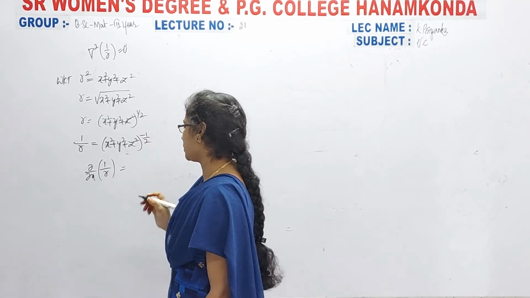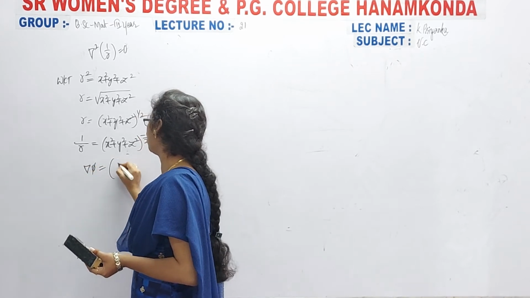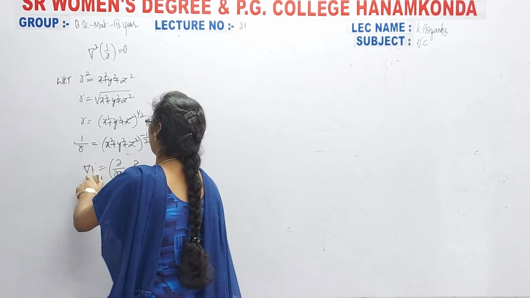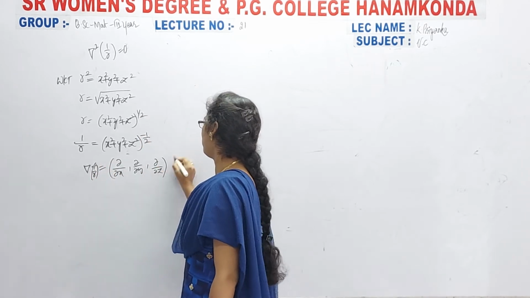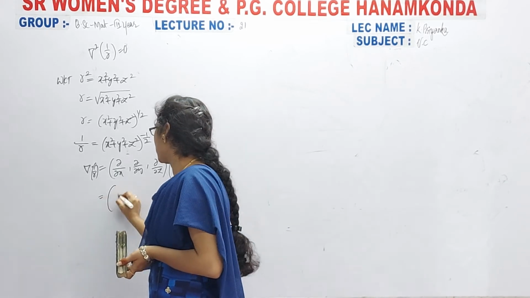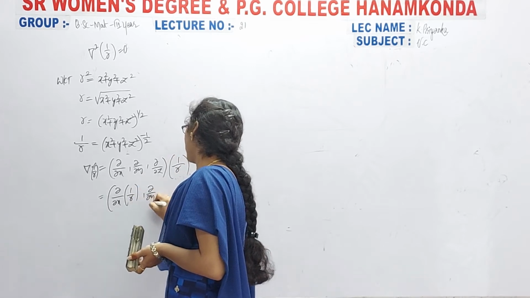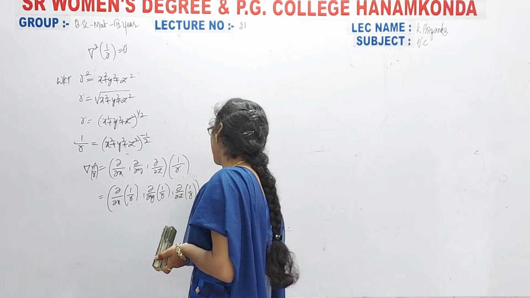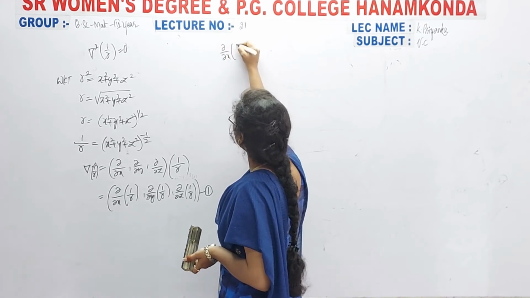Okay, I am differentiating this, otherwise first of all I will write the formula here. Now grad pi is equal to dou by dou x comma dou by dou y comma dou by dou z of 1 by r. Okay. So now here I am taking it as dou by dou x of 1 by r comma dou by dou y of 1 by r comma dou by dou z of 1 by r, and I am taking it as equation number 1. Now first of all I am calculating dou by dou x of 1 by r.